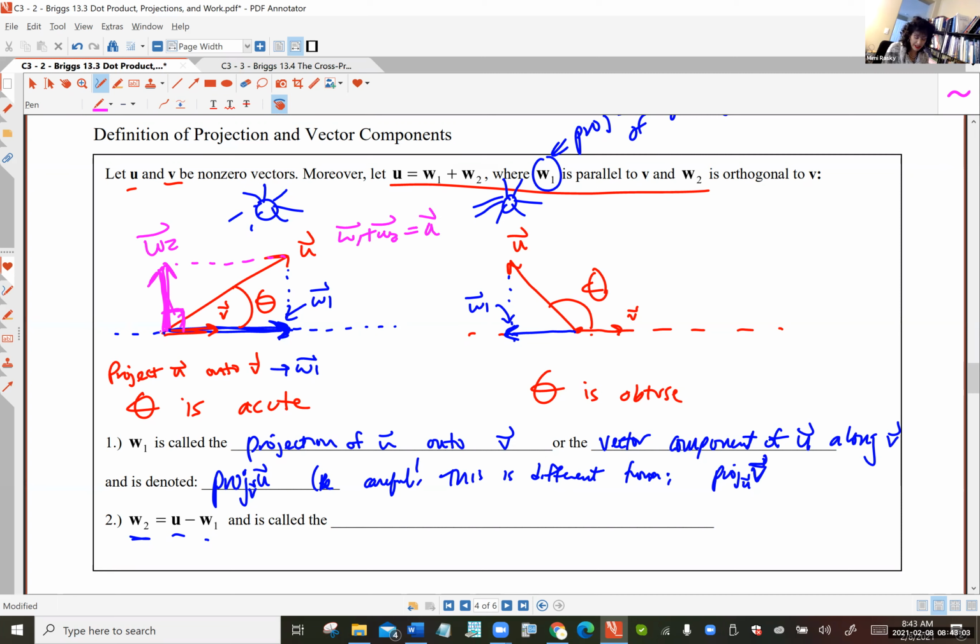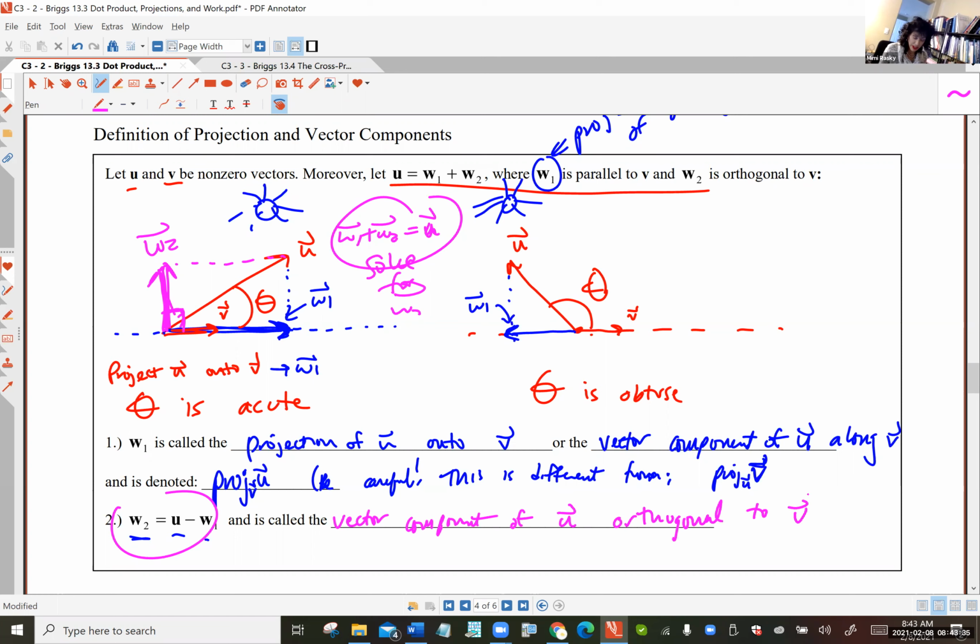Remember that if you use the parallelogram law, and if W1 and W2 are adjacent sides of a parallelogram, in this case a perfect rectangle, that's a special parallelogram, you get that diagonal. And that's U. So if you were to solve this for W2, you would get W2 is equal to U minus W1. And that is called the vector component